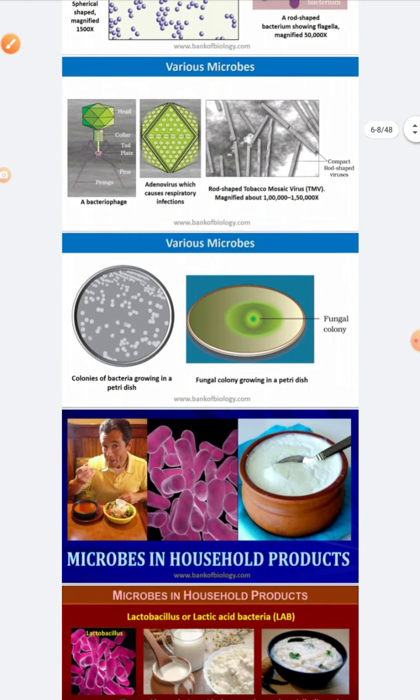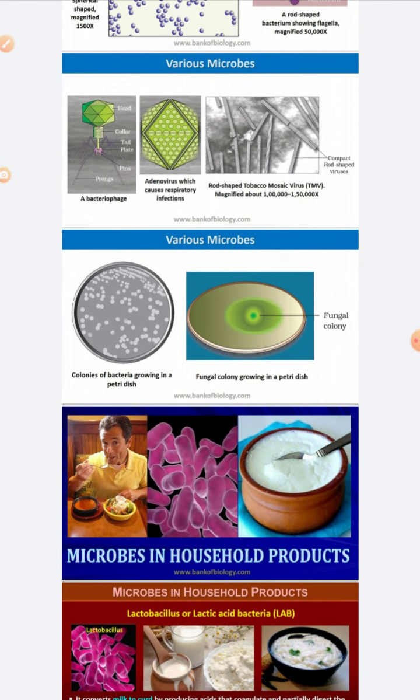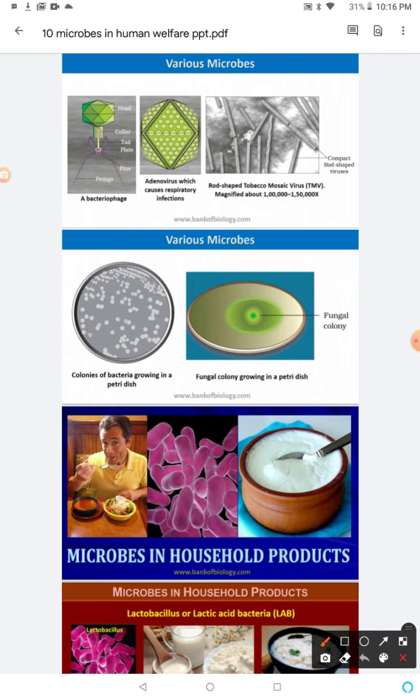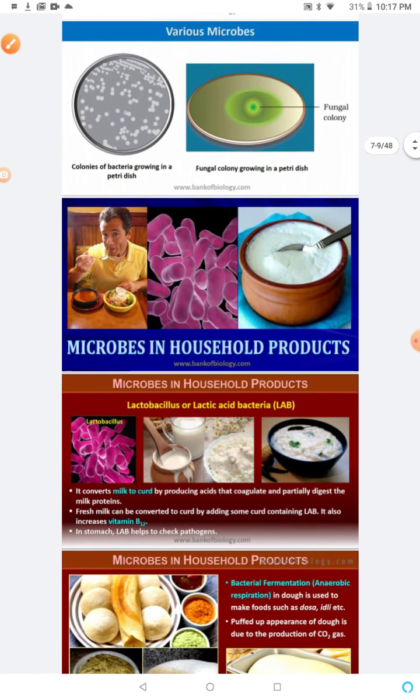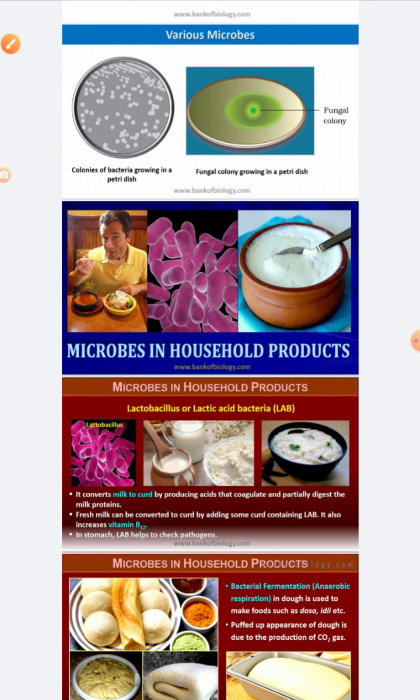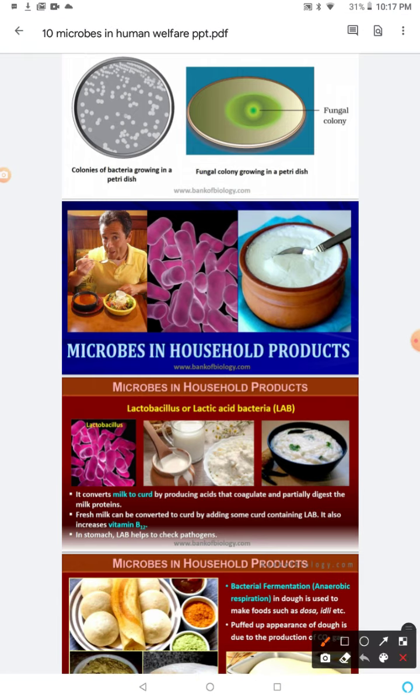Next comes the various microbes. These can be cultured in the laboratory in a petri dish, various bacteria and fungal colony. So both are the microbes cultured in lab conditions in their culture medium for further studies. Now next comes the microbes in household products. Like microbes in household products are lactobacillus or lactic acid, you very well know, is used to make